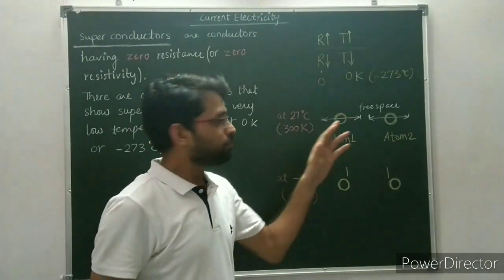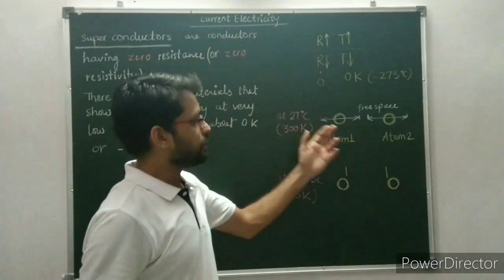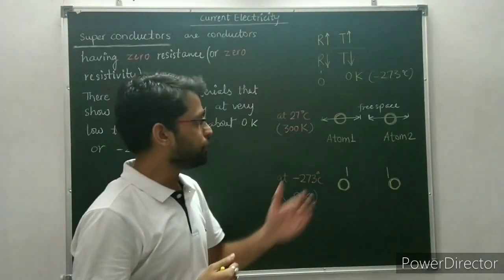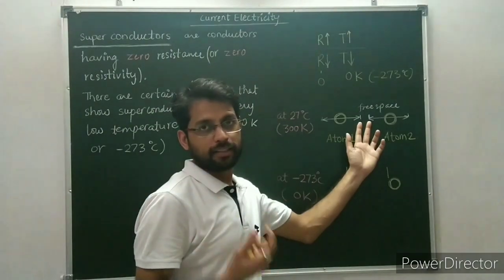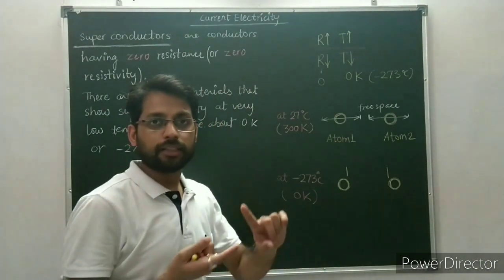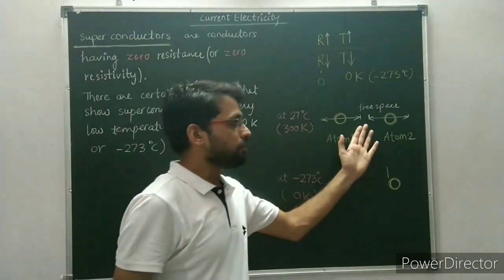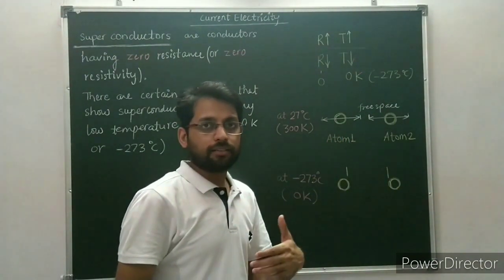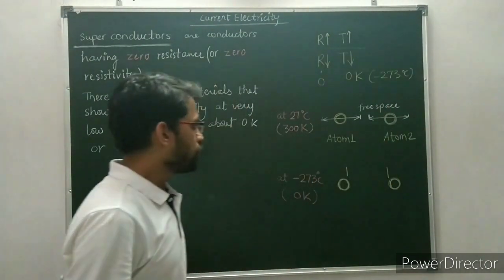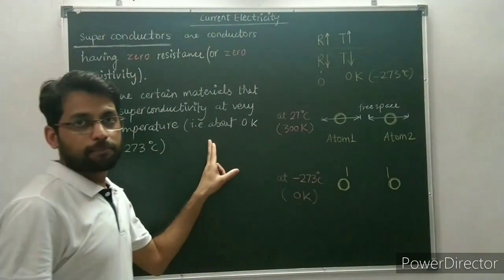at any temperature. Okay, above this 0 Kelvin, at any temperature, the atoms are in vibration, and due to their vibration the free space between the atom reduces, and the probability of collision between the electron and the atom increases. Okay, when the number of collisions increases, the opposing force increases, and hence the resistance increases. Okay, so this is the concept behind the superconductivity. Okay,